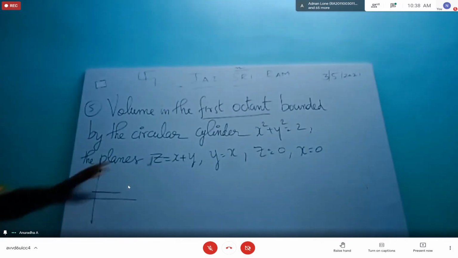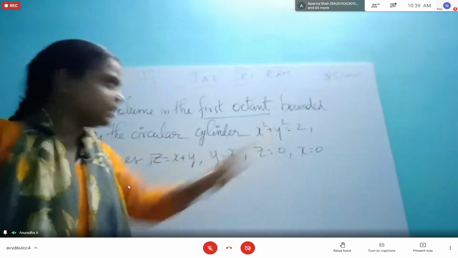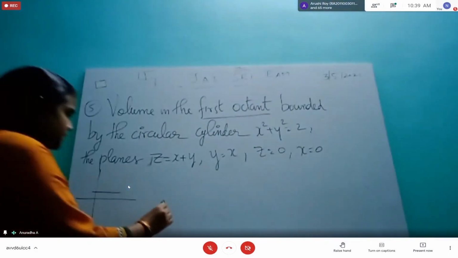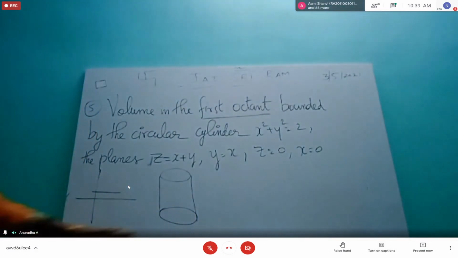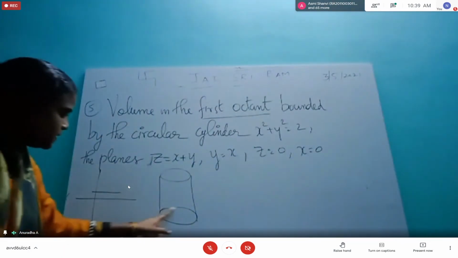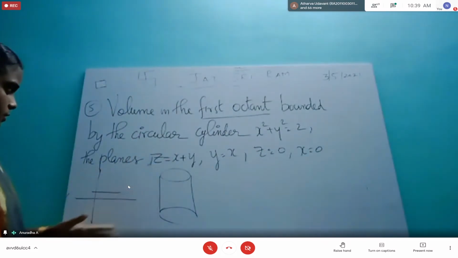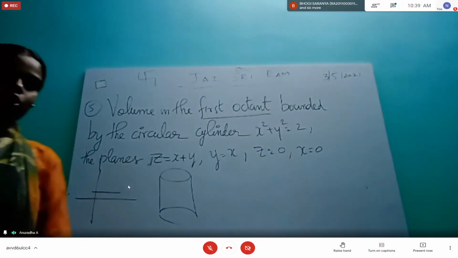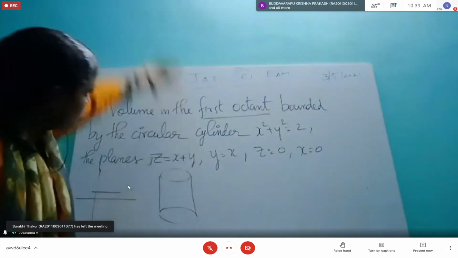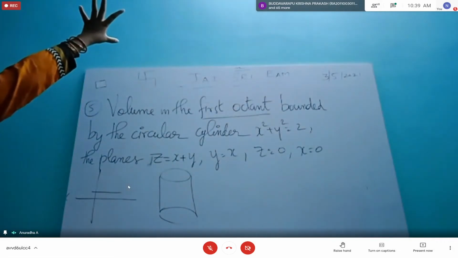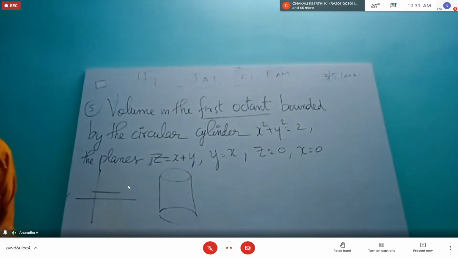Means what? The cylinder will have a base, right? That base equation they have given. They have not said that the cylinder will have a base and a top and we'll join them with a straight line. So this equation only they have given. The height they have not mentioned. So actually it's like an infinite tube going on, with this as the base, going on in the third, height dimension. But it's cut by two z equations, z equal to 0 and z equal to x plus 1.